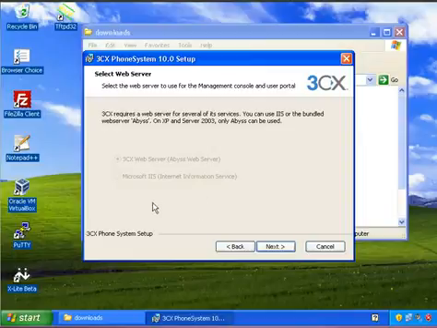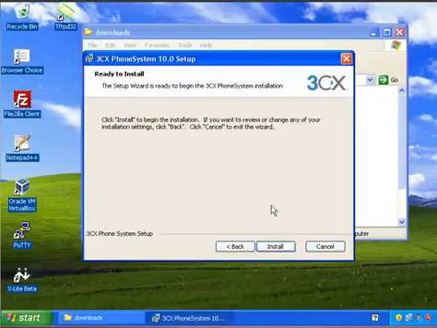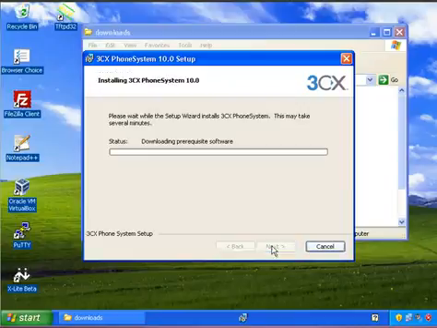For my particular installation, it's grayed out and automatically selected the Abyss web server. However, on other systems you can install it with Microsoft IIS, which is actually the preferred way to install it because it scales a lot better. But in my case, because I'm on a Windows XP 32-bit Service Pack 3 computer with all the latest patches and updates, it just selected the Abyss web server, and click next. And now we're ready to begin the installation process. So I'm just going to click on install,